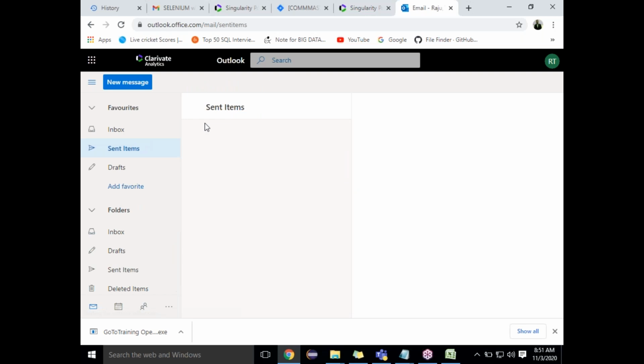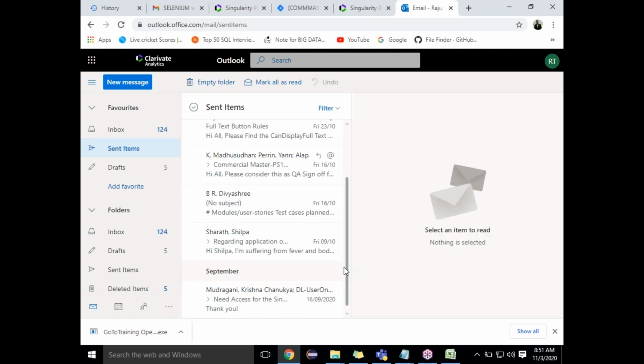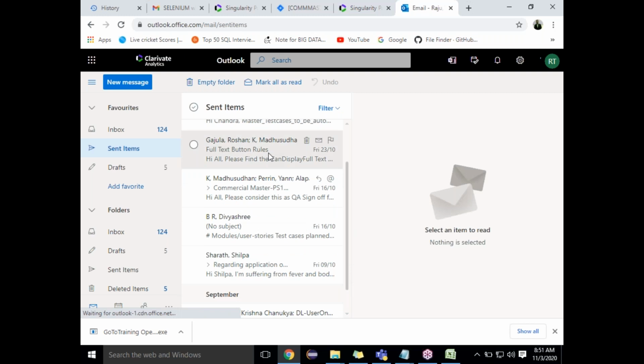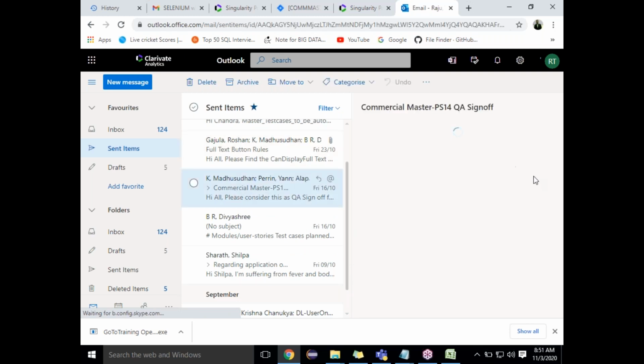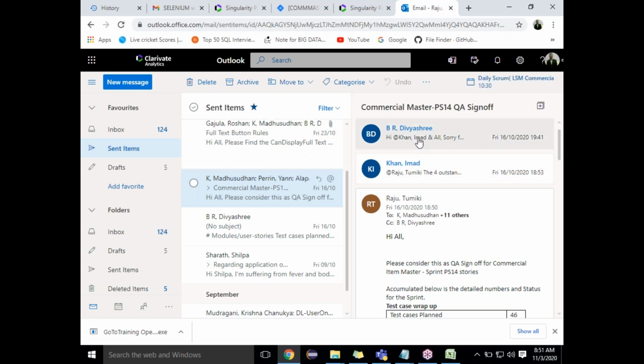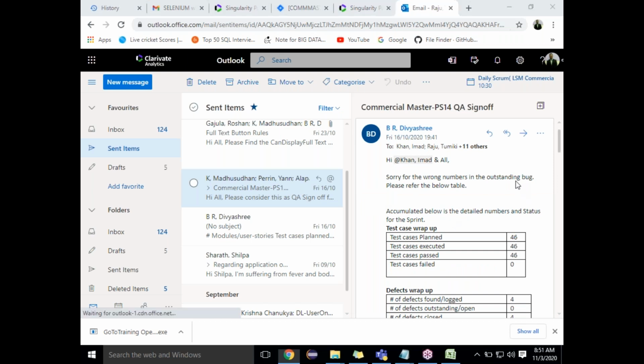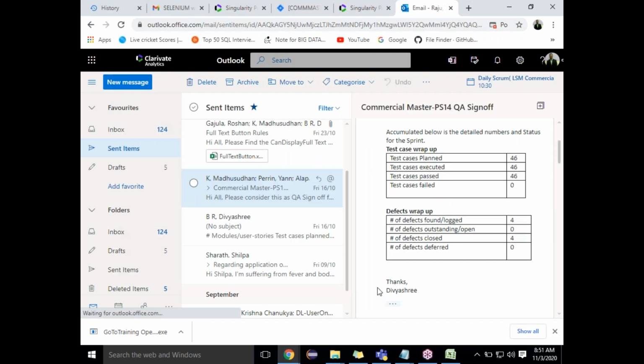There will be a sign-off mail that will be provided. We have to say very clearly how many test cases have been planned, how many have been executed, how many passed, how many failed.